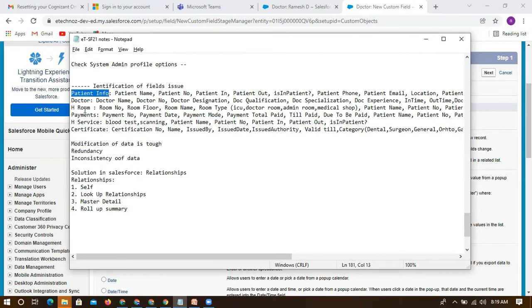And before creating this, we need to identify one more thing: who is parent and who is child. There is a concept in relationships of parent and child. We need to identify who is going to be the parent and who is going to be the child.